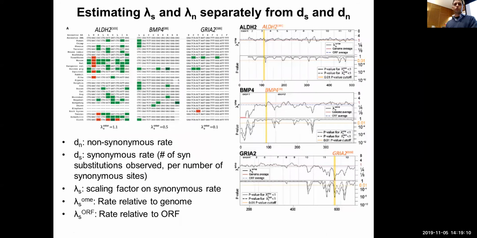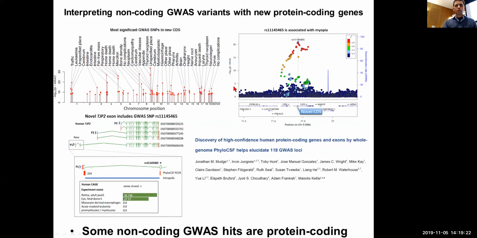And just a few weeks ago, we published this paper in Genome Research. It hasn't even appeared in print yet. It will be in the December issue. That basically said that here's a new catalog of protein coding genes in the human genome. We basically were able to discover hundreds of new exons using the same PhyloCSF approach, phylogenetic codon substitution frequency approach. And in many cases, in about 118 cases, non-coding GWAS SNPs were falling right in the middle of our new